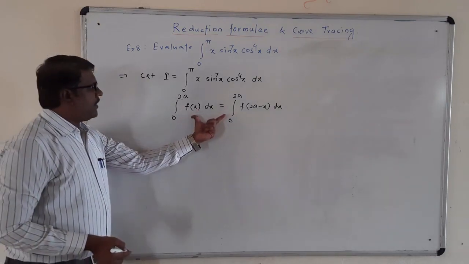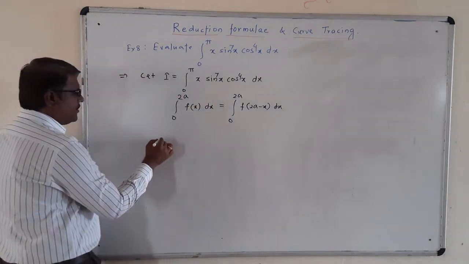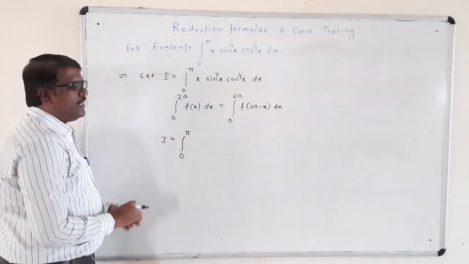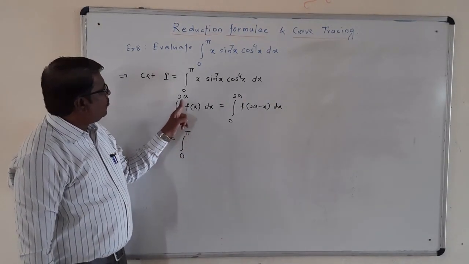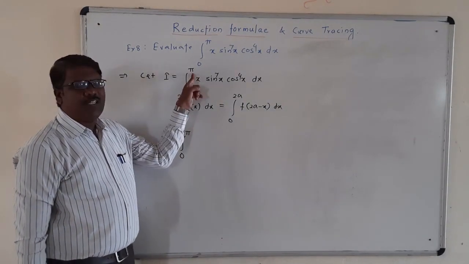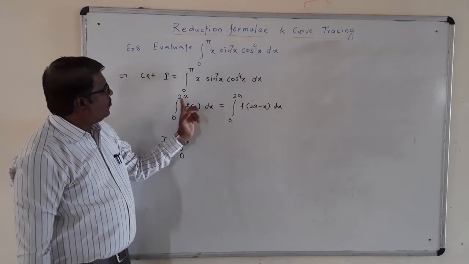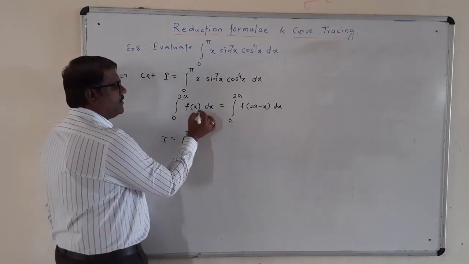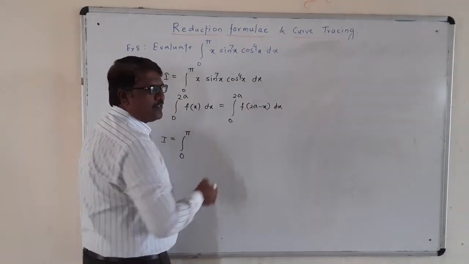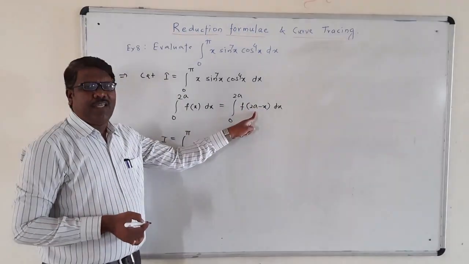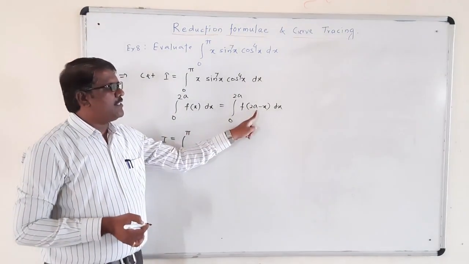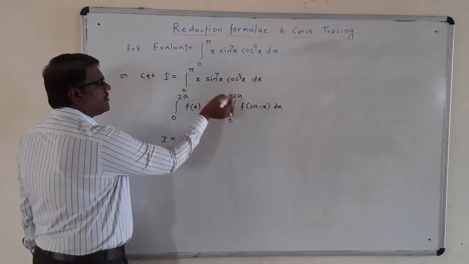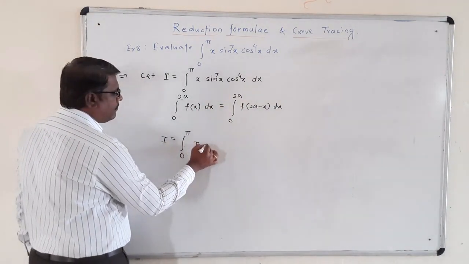So by using this property, the given integral we can write as I is equal to the integral from 0 to pi. Now see here, the limits are 0 to 2a, so here the value of 2a is nothing but pi. So 0 to 2a, here also the limit is 0 to 2a, so it is 0 to pi. Next f of x is replaced by f of 2a minus x. But here the value of 2a is pi, so f of x is replaced by f of pi minus x. It means we have to simply replace x by pi minus x. So pi minus x